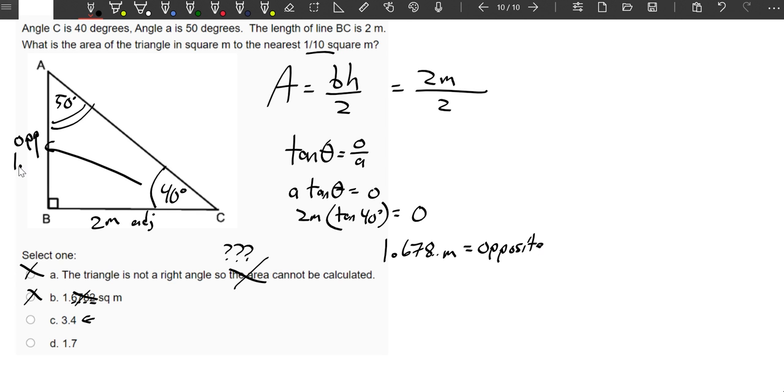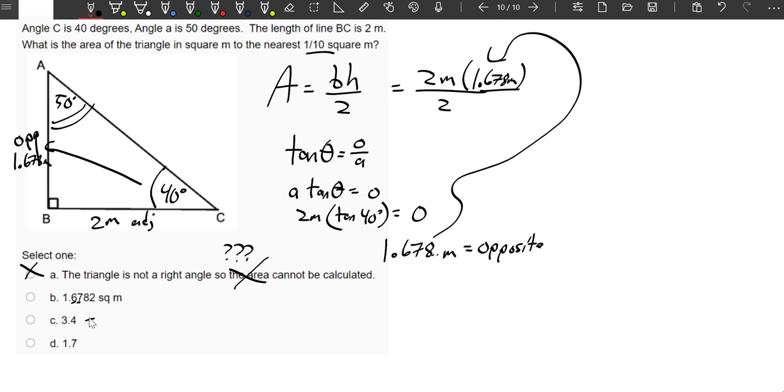So over here, 1.678 meters. So 2 meters was my base. My height I found out now goes in there: 1.678 meters. Times 2 divided by 2. Hey, guess what? I'm right back to where I started. That's familiar, isn't it? 1.678. So I get my area of